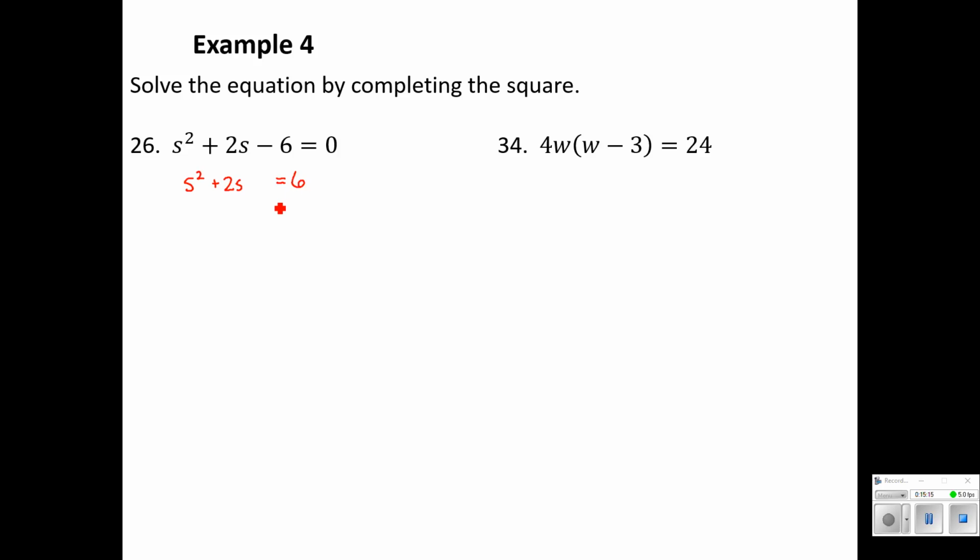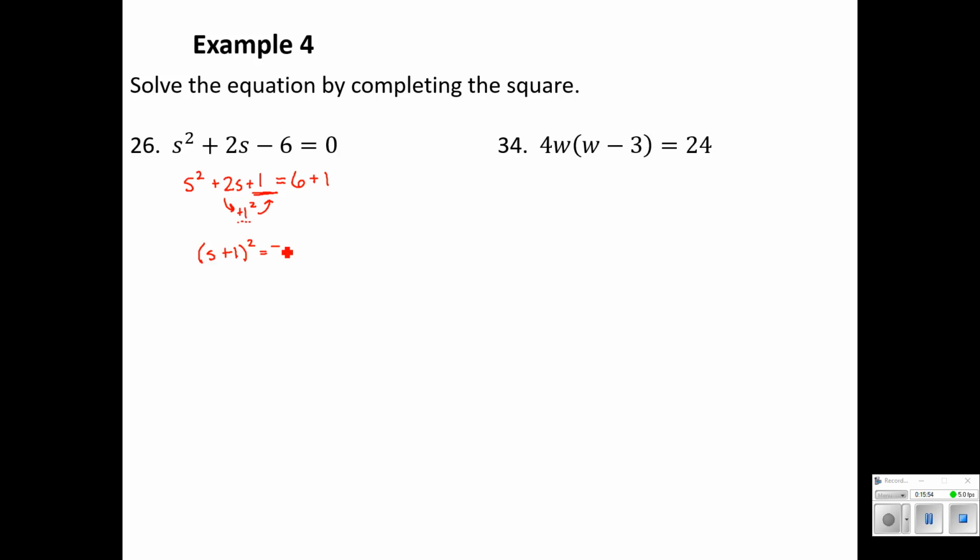And this is just like if you go back to that visual example, just like having the squares equal some starting area. That's where we're at right now. Okay, now we need to complete this square in order to set up a binomial squared on the left. So here's where we run through our pattern. We divide that b term by 2 and get a positive 1, and then we square it. So we have to add that little yellow square of plus 1 in this case. And whatever we do to one side of the equation, we have to do to the other side as well. So now I've got s plus 1